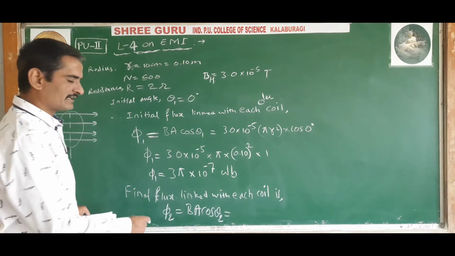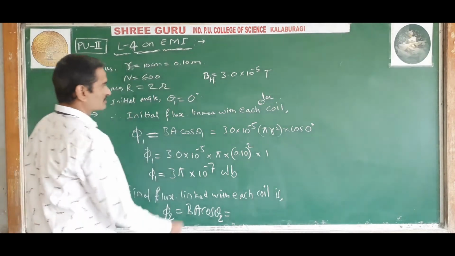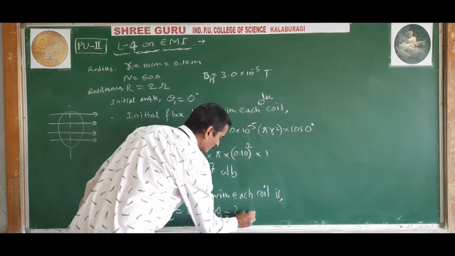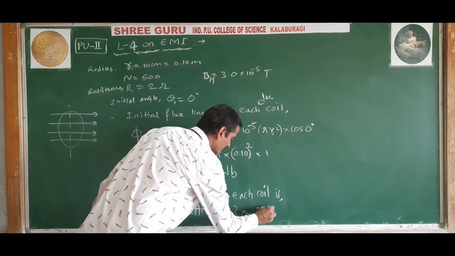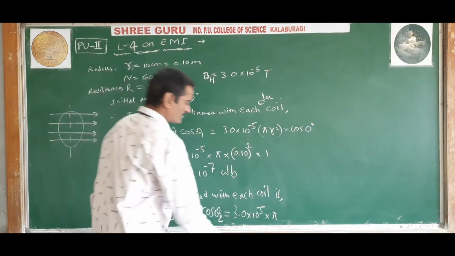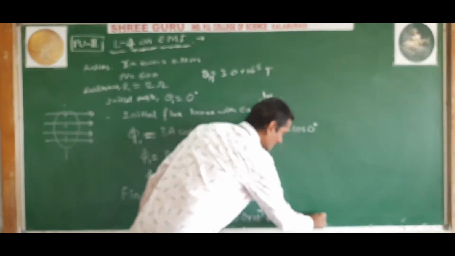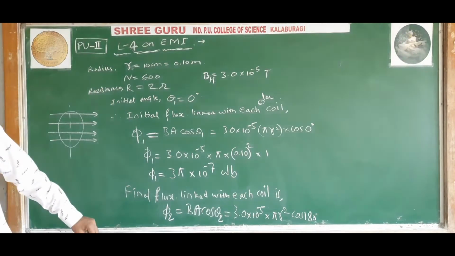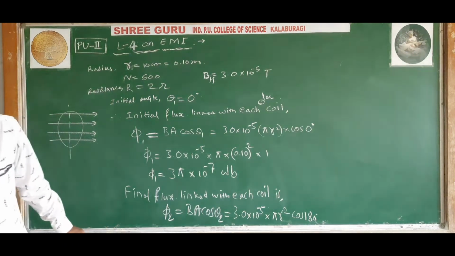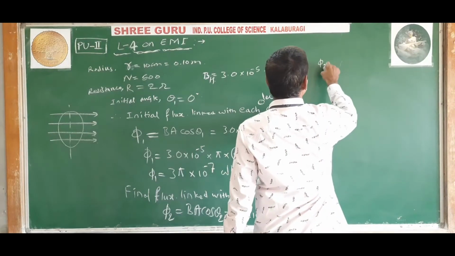So the angle theta 2 will be 180 degrees. That is B. B value is how much? B is 3.0 into 10 to the power minus pi into pi r square into cos of 180 degrees. So cos of 180 degrees. It is correct. Okay. So on simplification you will get phi 2 is equal to,